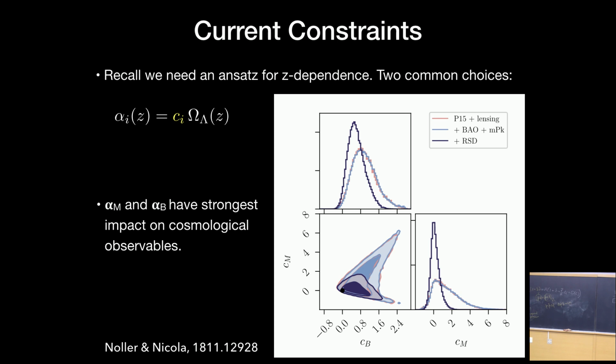Okay, and what they get is this kind of unusual bullet-shaped contour. And we understand why that is happening. The upper bound here is coming from growth rate data. If you make this CM parameter very large, you have a very rapidly evolving Planck mass, and you boost or suppress the growth rate by an unallowable amount. And the bottom contour here is coming from stability criteria. If you make CM very negative, your theory falls into one of these pathological regions that I told you about. So together, they're giving this unusual shape.